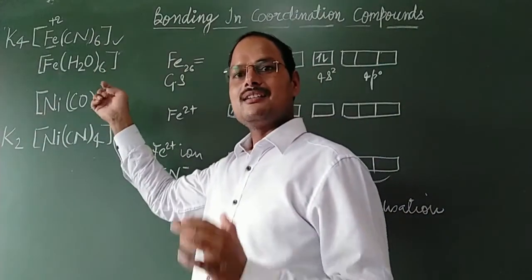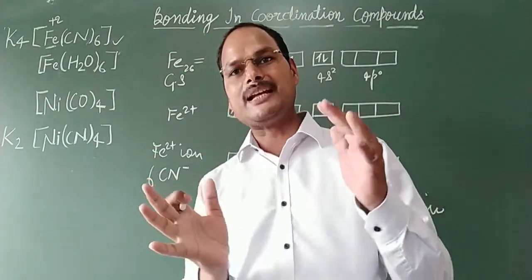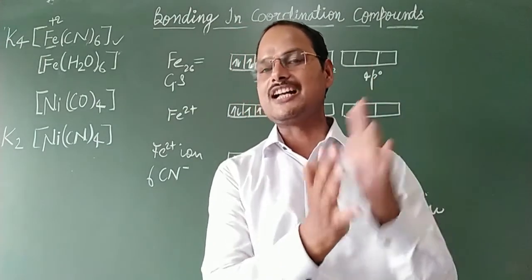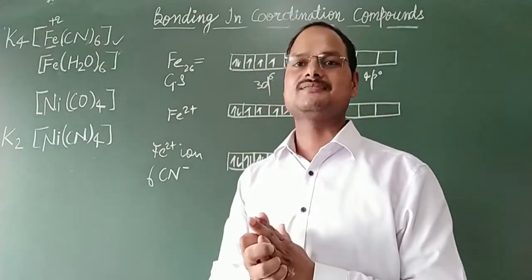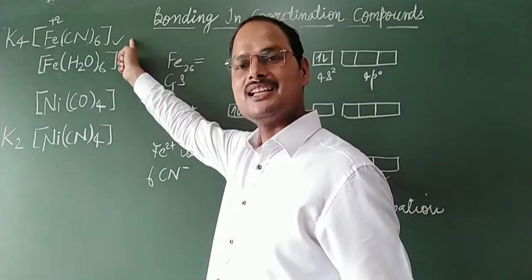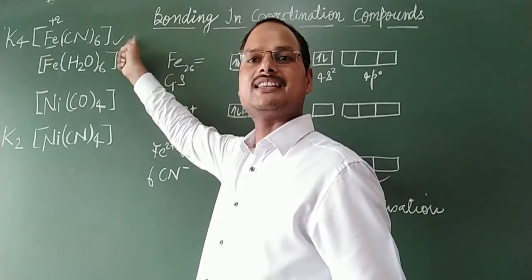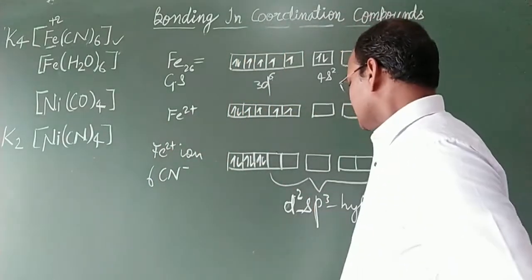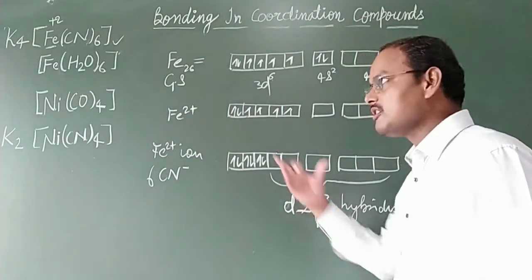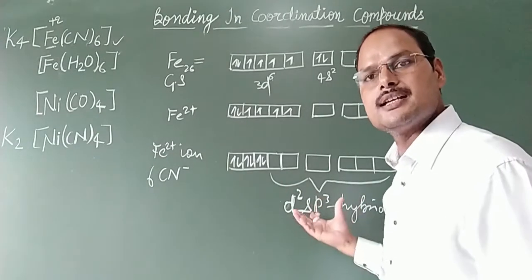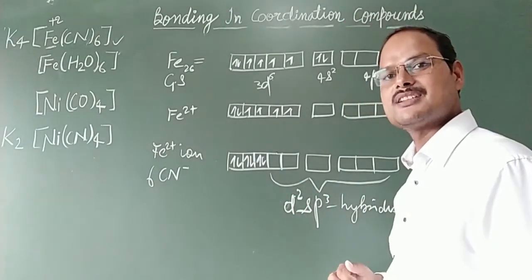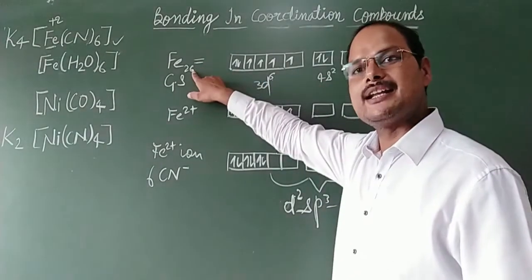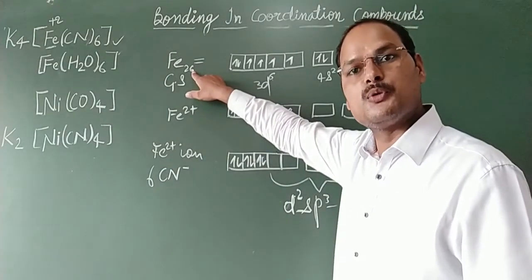Now, here I am going to explain the concept of inner complex. Octahedral complexes are of 2 types. Inner complex, which is also known as low spin complex. It means it is an inner complex as well as low spin complex, and that's why this type of geometry I am explaining here. Once again, see why this hybridization, octahedral structure, is inner or low spin. Let's see.